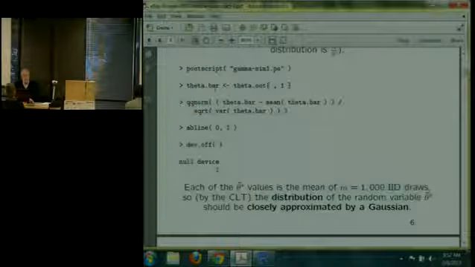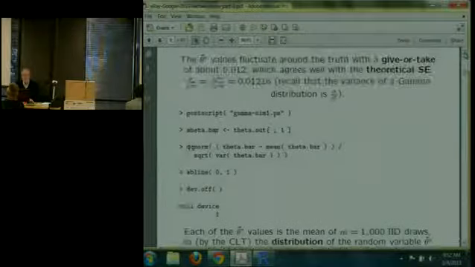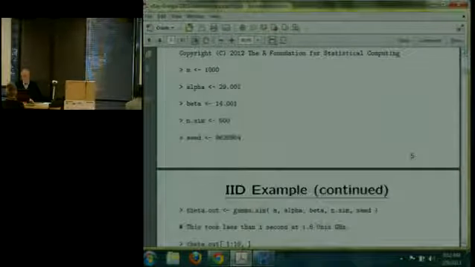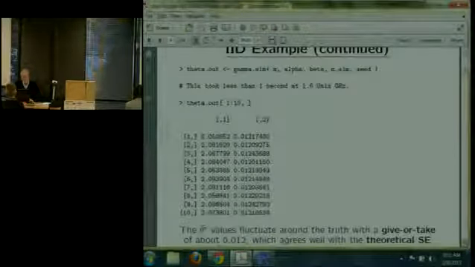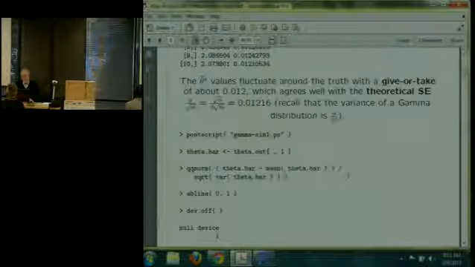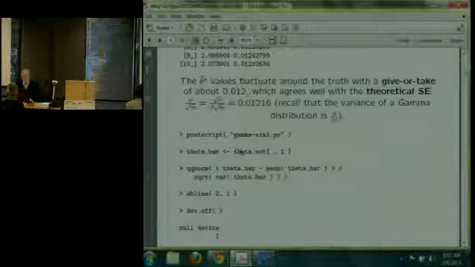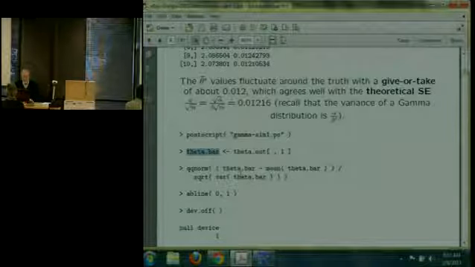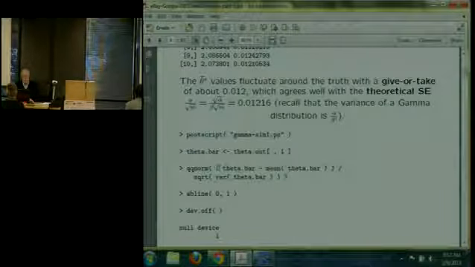And so I'll pick out the first column of the theta.out matrix, which has n.sim rows in it. And I think I used n.sim equals 500. So there's 500 replicates of this theta bar star guy here. And I'll assign that particular column of the theta.out matrix to this new vector called theta.bar. And I will standardize that by subtracting off its mean and dividing by its standard deviation, or equivalently the square root of its variance. And I'll hand those numbers to qqnorm and then plot the line that it's supposed to follow,